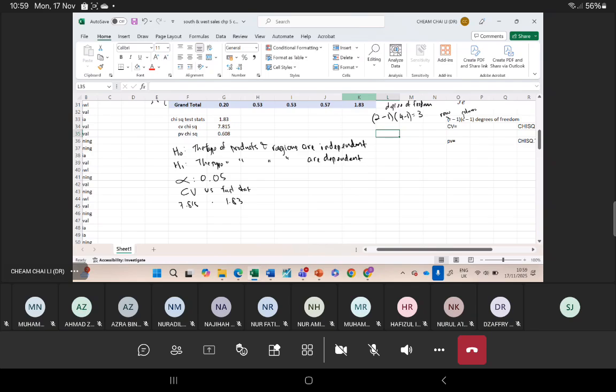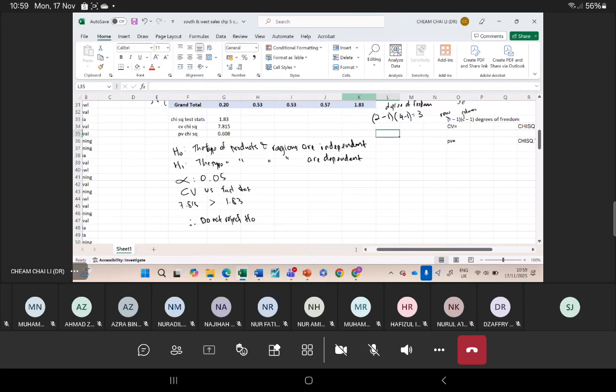So critical value adalah lebih besar daripada test statistik. So decision: do not reject H0. Okay, you can conclude that. If our decision is do not reject H0, you conclude based on the null hypothesis statement. So you can say that it can be concluded that the type of the product and the regions are independent,